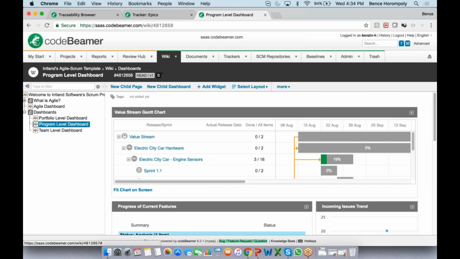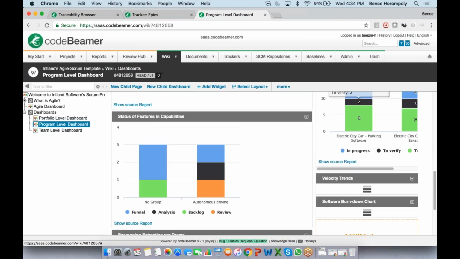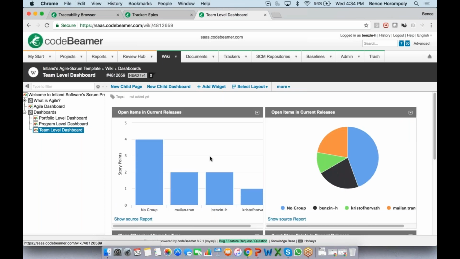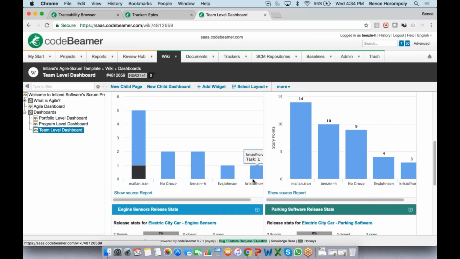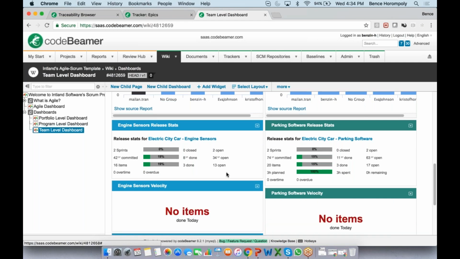Program level dashboard with a Gantt chart, progress of current features and user stories, status of features, and then down to the team level dashboard. So what each team is doing. So open items in current release, who is working on what are the statuses, burn story points in current release, and things like that. So that can all be managed here.